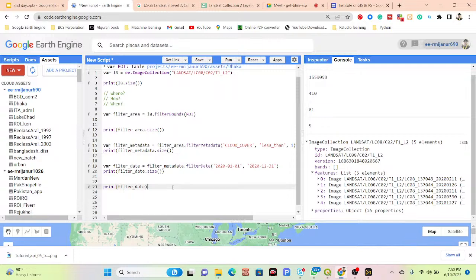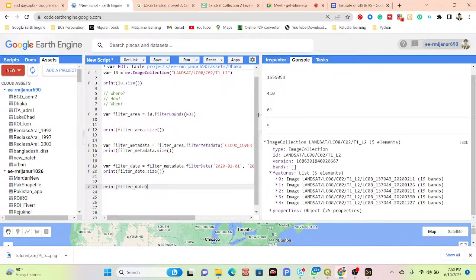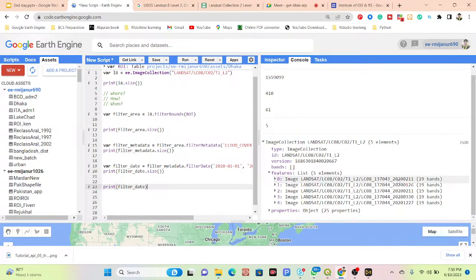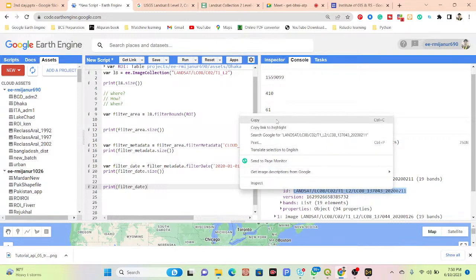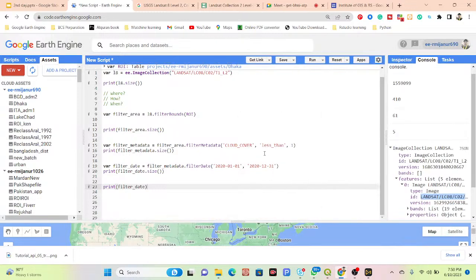Okay. So now I want to display the result. Suppose I want to display the image of 11th February 2020 on my map. So what can I do? I simply click here, and it provides me the ID. I simply copy the ID of this image, and then I use a function